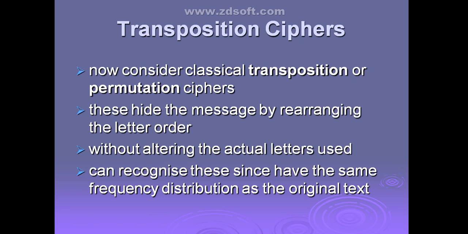Then next we will see, already we have said there are two kinds of operations we are going to use to convert the plain text into the cipher text. One is substitution and the second one is transposition. Now we'll see the different kinds of transposition techniques. The name itself indicates transposition. That means you are going to change the position of the letters. You are not replacing it with another character. Instead of that, you are just changing the position of the letters which occur in the plain text. That is what is called transposition. Clear?